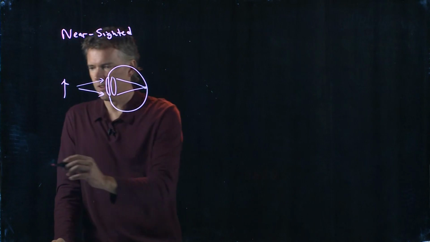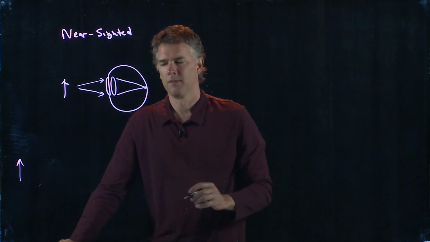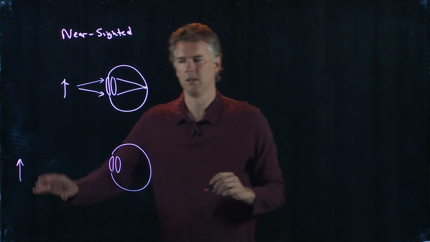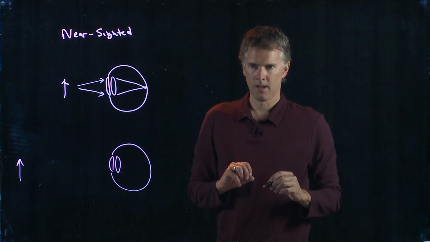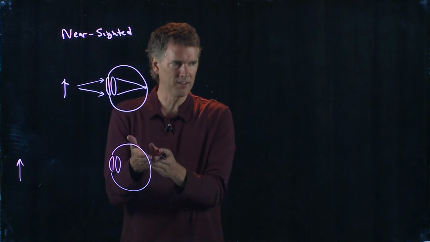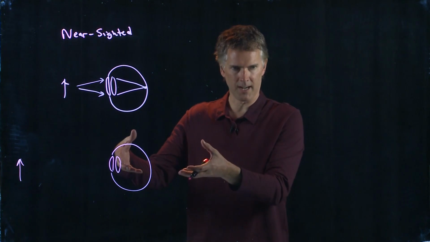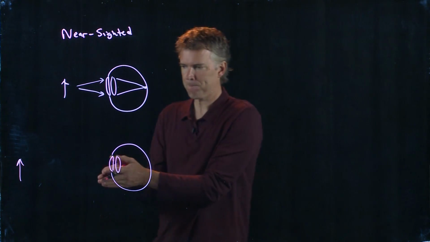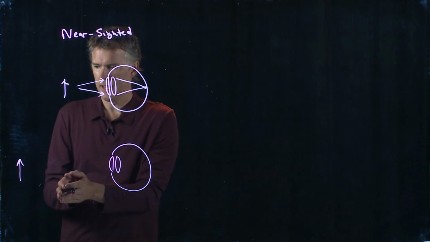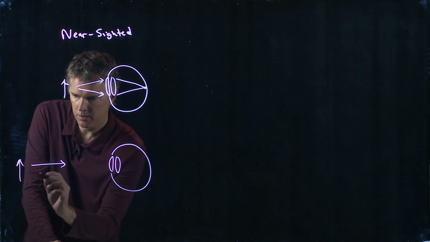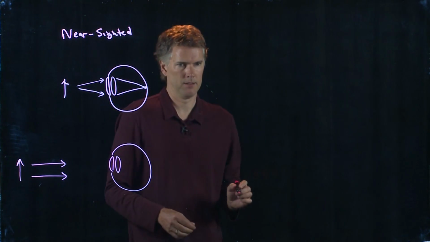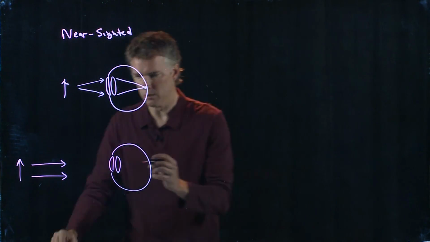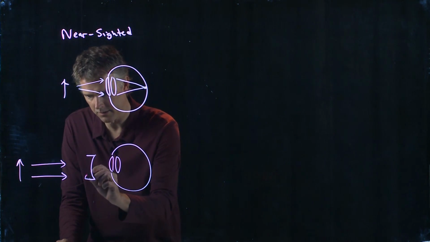But you want to be able to see things at distance. At distance, the rays that are coming in are very close to parallel, and you can't focus those to the right spot, either because your eyeball is a different size than normal or the focusing power of your cornea is different. So all we have to do is take parallel rays from this object and make them diverge. And we know how to do that, right? We use a diverging lens.